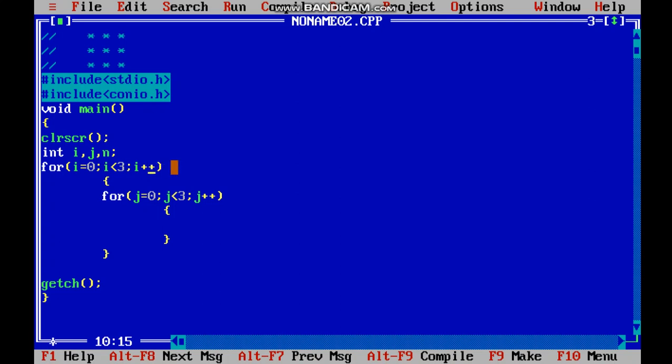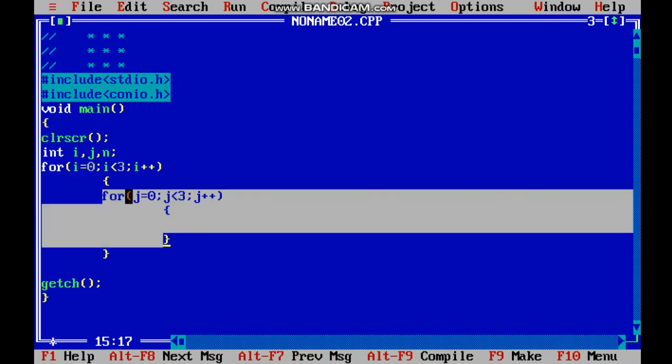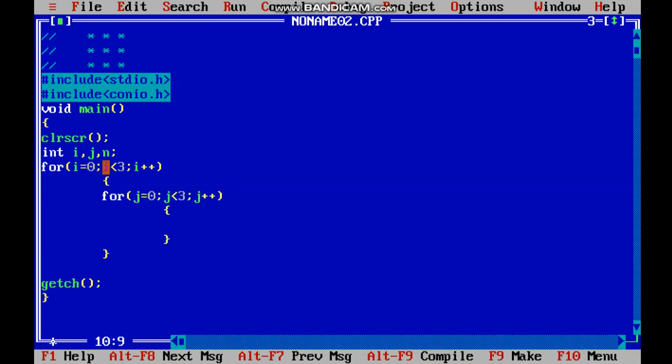Now the for loop has a curly brace opening here and ending here, and what we find is a for loop inside a for loop. This curly brace is for this for and it ends over here. This means this for lies inside the outer for loop.